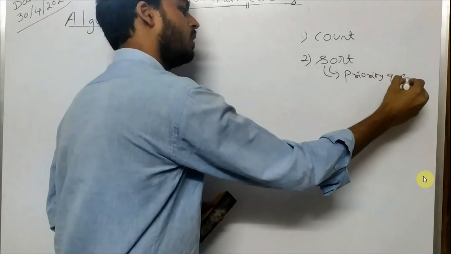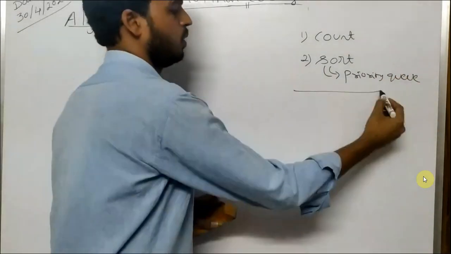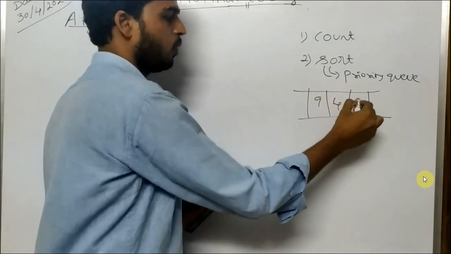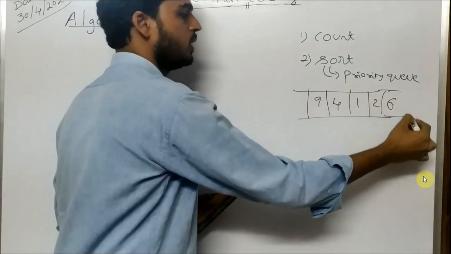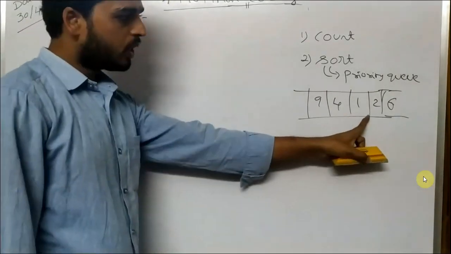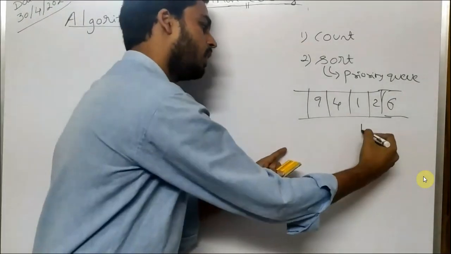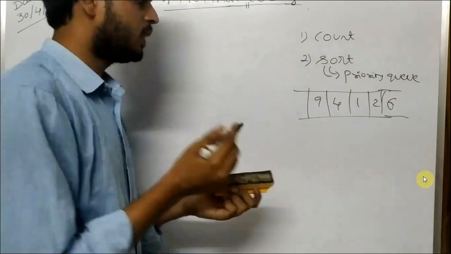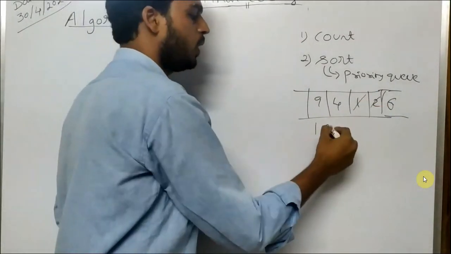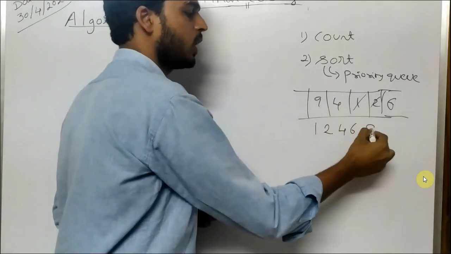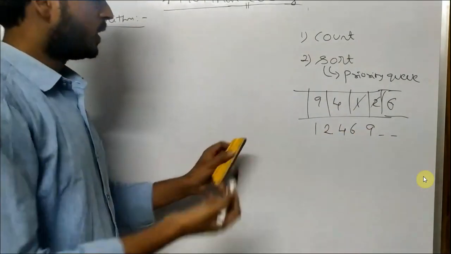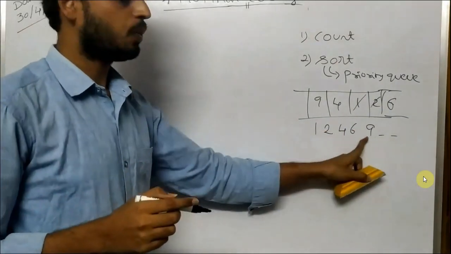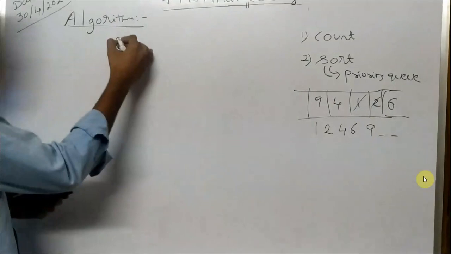In a priority queue, what are we going to do? Let us assume that this is a kind of queue: 9, 4, 1, 2, 6. If it is a priority queue, and I am saying that the least number has the highest priority, and you want to get the first two elements, what output will you get? You will get 1, 2. Next two means 4, 6. Next means 9, and so on. So simply here, if I want to get the least occurring frequency characters, I am going to use the priority queue. Okay, fine.